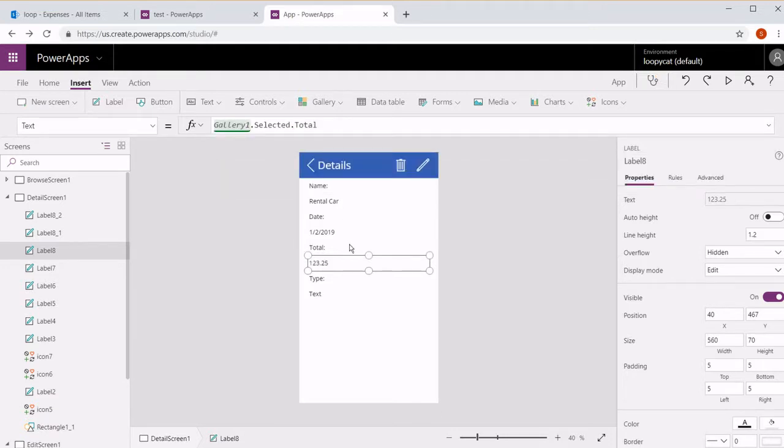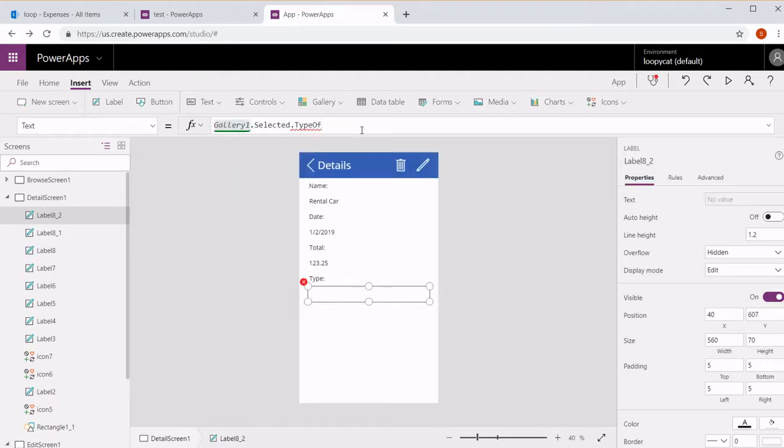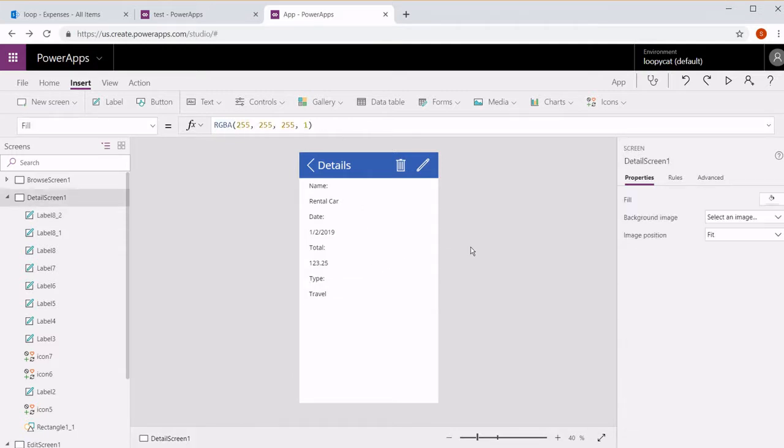Total. And type. Now we have to do one other step with type, because that is a choices column. We have to tell it the value. Okay, and